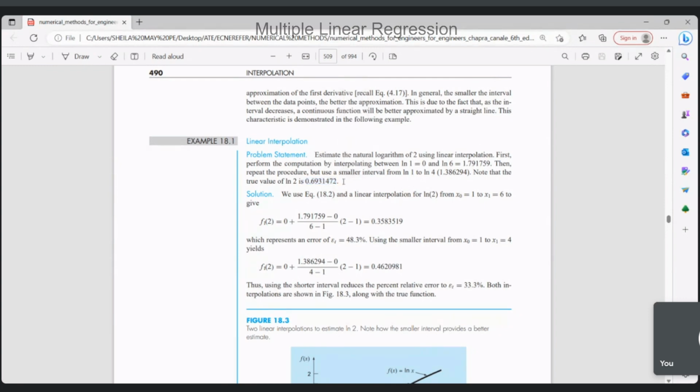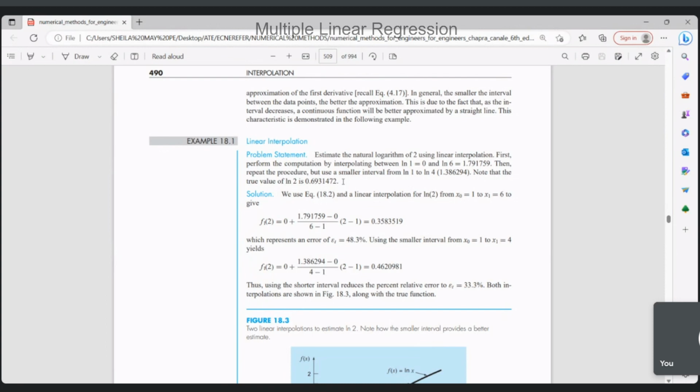So our basis here is ln of 2 as the reference. Solution, we can use equation 18.2 and a linear interpolation of ln 2 from x sub 0, which is 1, to x sub 1, which is 6,